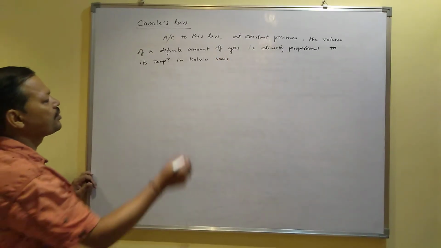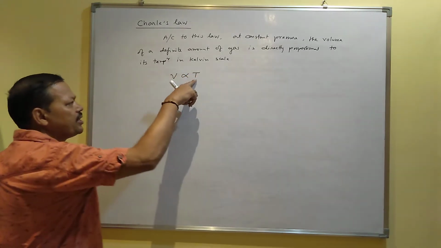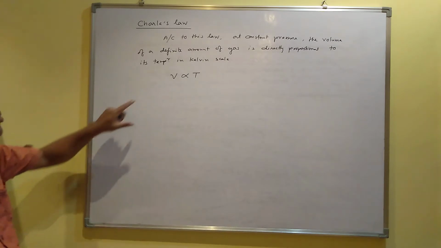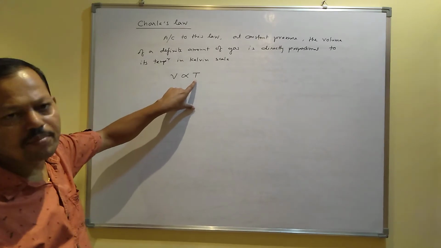I mean V directly proportional to T. Here T represents Kelvin temperature. So at constant pressure, the volume of a definite amount of gas is directly proportional to its temperature in Kelvin